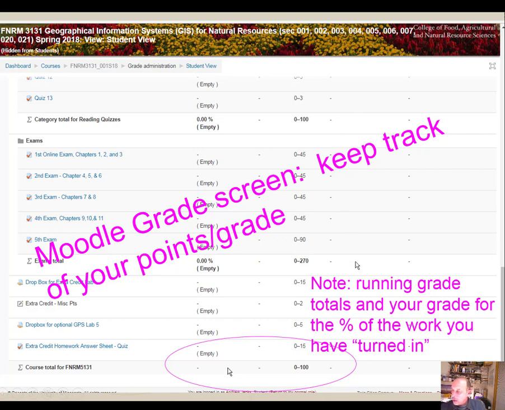But you want to note that the running total here is of the percent of the work you've turned in. So really pay attention to this. If you've got 50% of the work turned in, you could have gotten 100% of the work you turned in, but you're still missing material. So you want to make sure you're doing your work, you're keeping up with your assignments, as well as watching